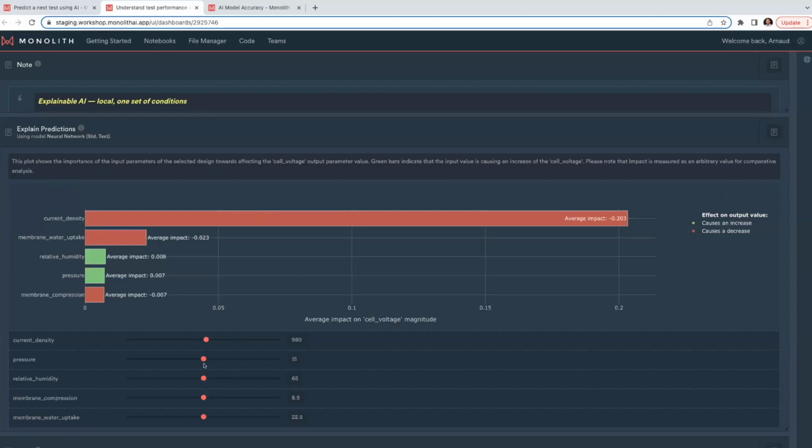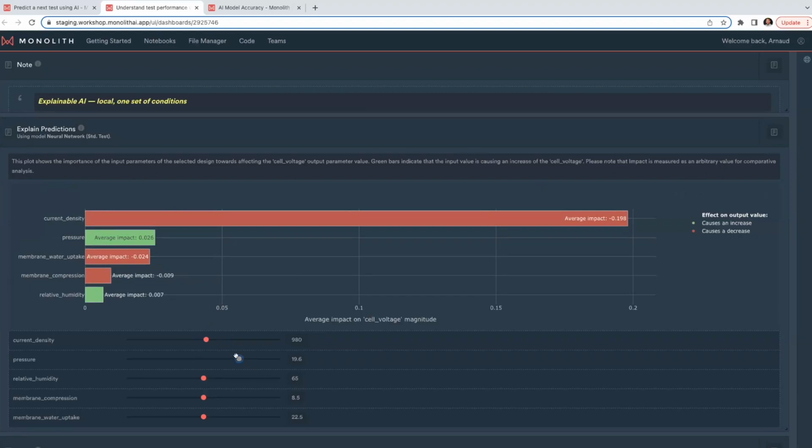Now, I might change one of these values. Maybe I'll change pressure to go up a little bit like this. You'll see a spinner. As we recalculate, we apply the algorithm to the model. And what you can see is that as a result of me changing the pressure up higher, I believe it's going to change the relative ranking of pressure in that particular point, which could be valuable, as you can see. So I've increased the pressure for the point that I'm